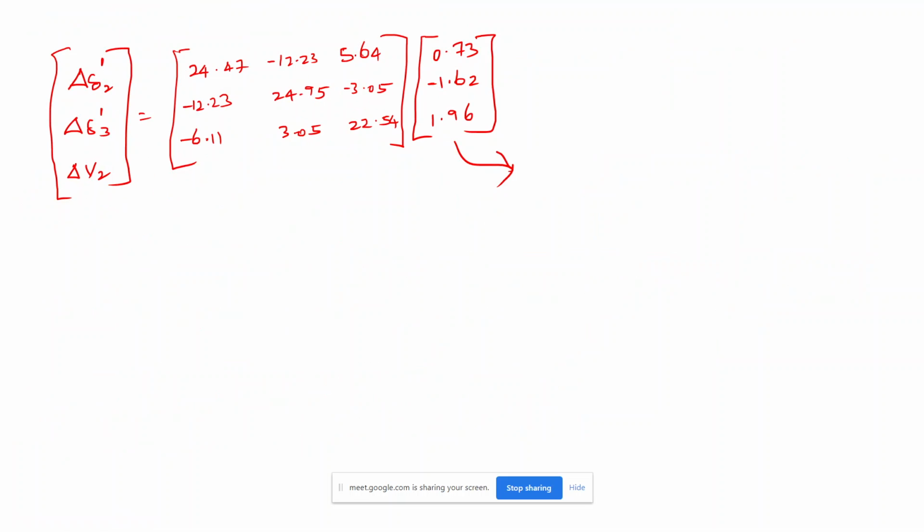So respectively for all other components of this J matrix also we found out. And then what finally we are doing is, as per the Newton-Raphson equation, this is the change in δ2, change in δ3, change in V2 value. That is what we are going to find out with that iteration process, right?